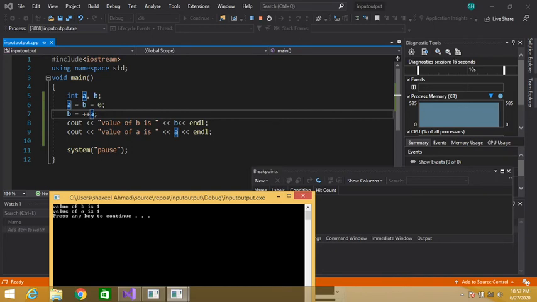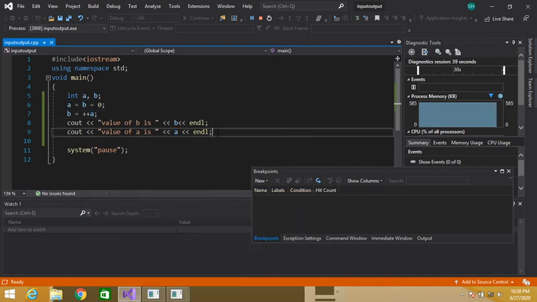So 1 is assigned to b, so the value of b is 1, and the value of a is also 1. In the pre-increment operator, first the value of the variable is incremented, then the value is assigned to the other variable. So this was the basic difference between pre-increment and post-increment operator.